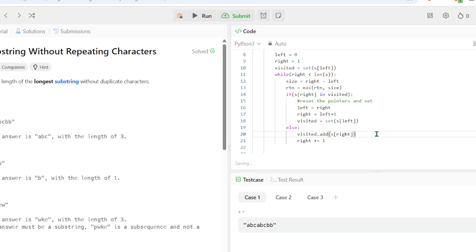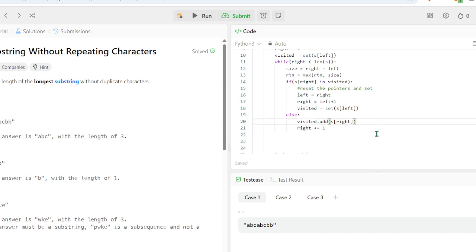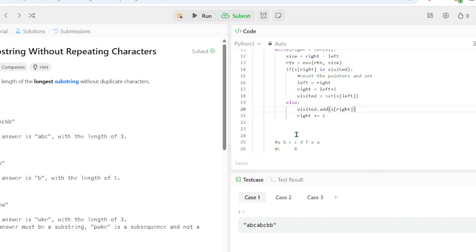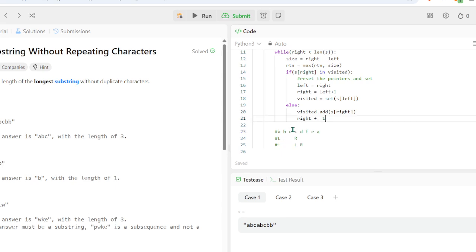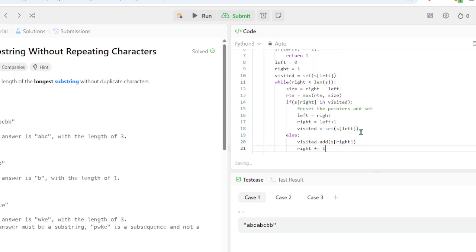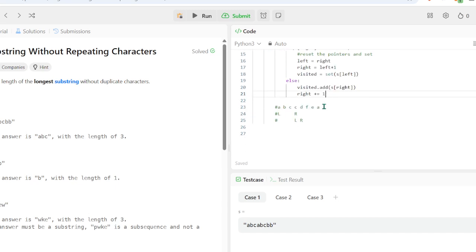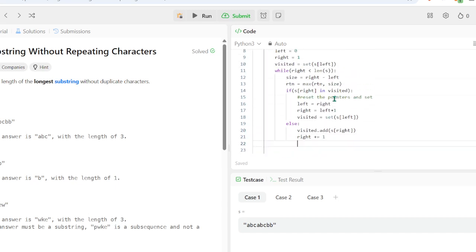So we add the character to that. And then I think is that it? Okay, so obviously at the end of this while loop, we'll return our return value.